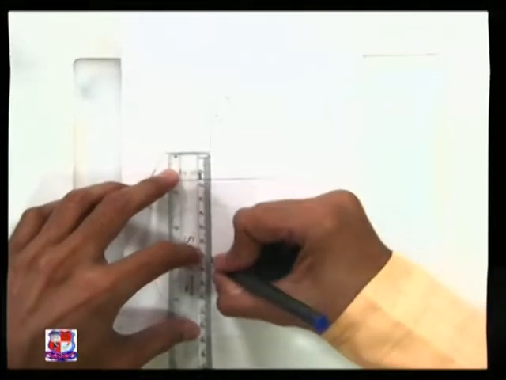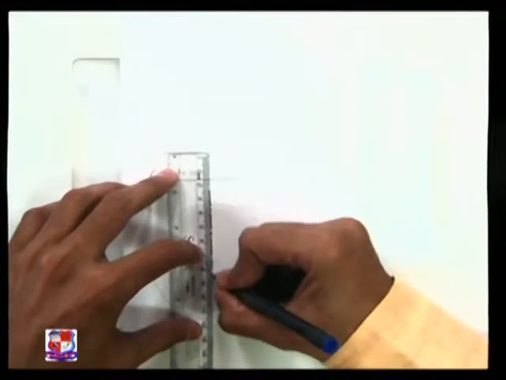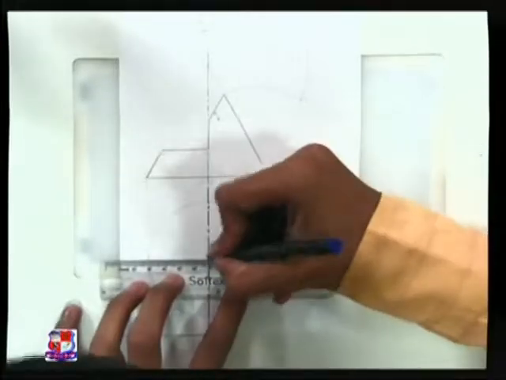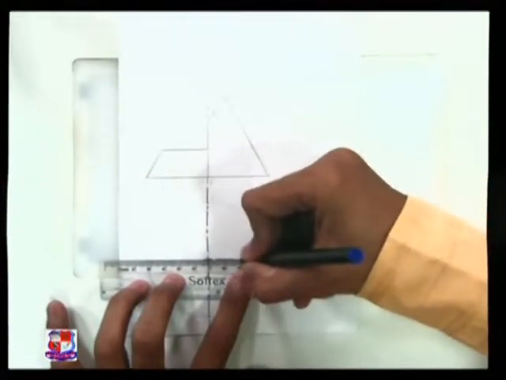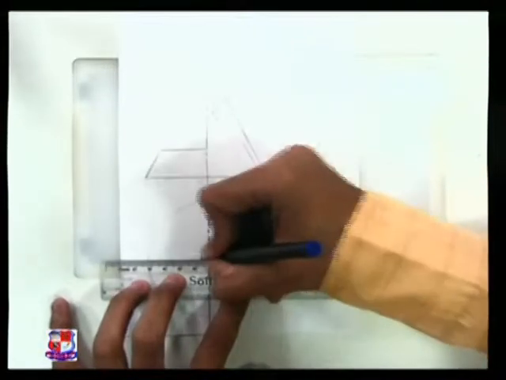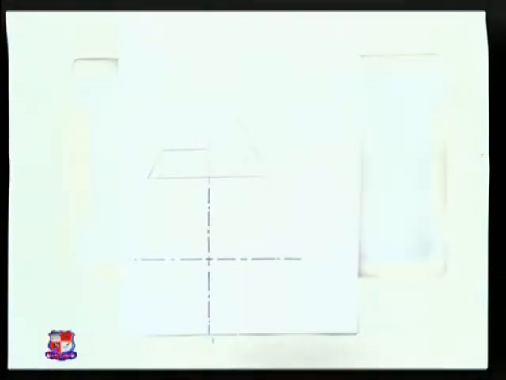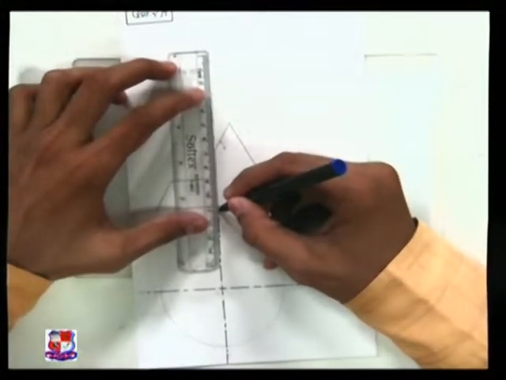Small dash. Whenever we draw the center line of any circle, we should take care about this thing. A small dash should be at the intersection point like this. Whenever we draw the center line, we start from the center with a small dash, then a big dash, then a small dash, like this. This is the standard notation to draw the center line of any circle. After drawing the center line, let me discuss its front view.